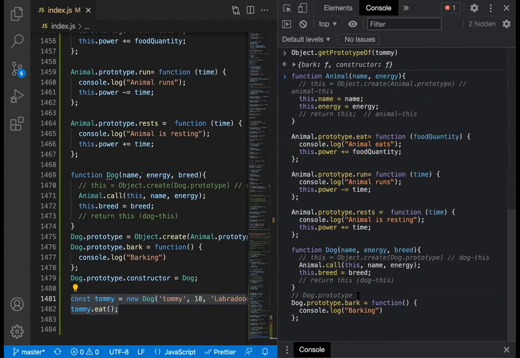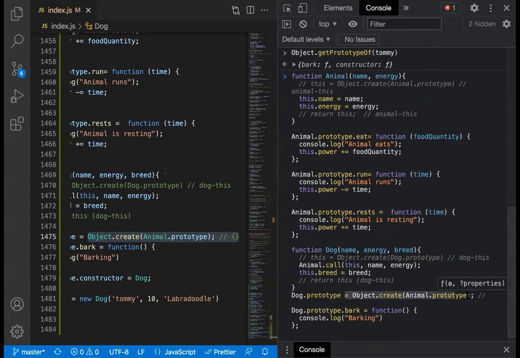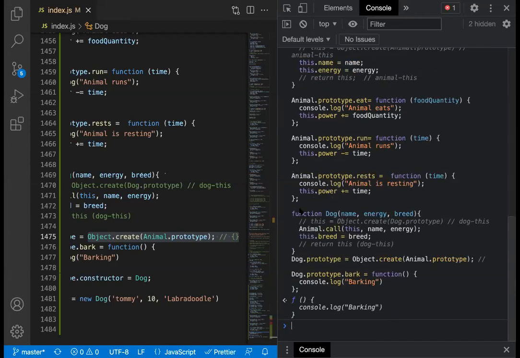What did I have to do here? I had to say dog.prototype equals Object.create with animal.prototype. I need to do this to make dog an instance of animal. That's how you will get access to eat, run, and rest, correct? But the moment you do that,